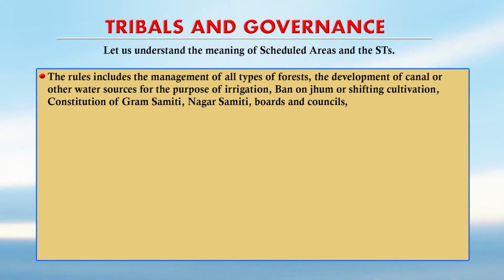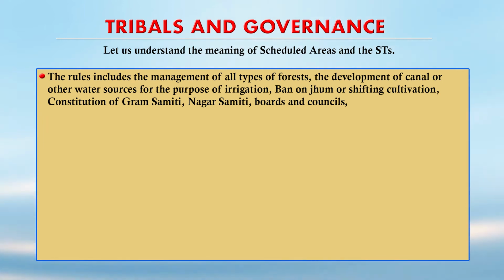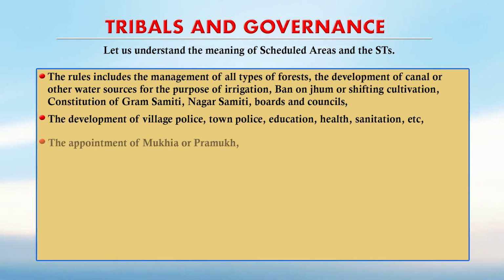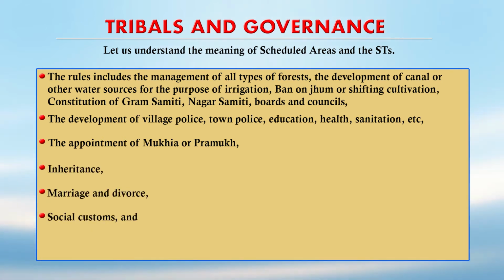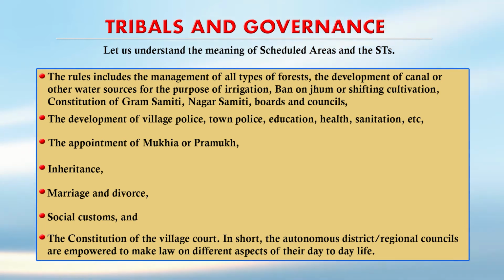The rules include the management of all types of forests, the development of canal or other water sources for the purpose of irrigation, ban on jhum or shifting cultivation, constitution of Gram Samiti, Nagar Samiti, boards and councils, the development of village police, town police, education, health, sanitation, etc., the appointment of Mukhya or Pramukh, inheritance, marriage and divorce, social customs, and the constitution of the village court. In short, the autonomous district or regional councils are empowered to make law on different aspects of their day to